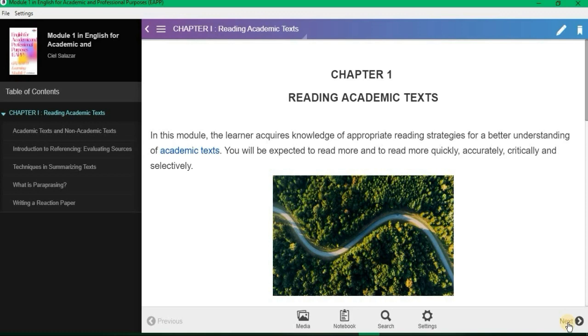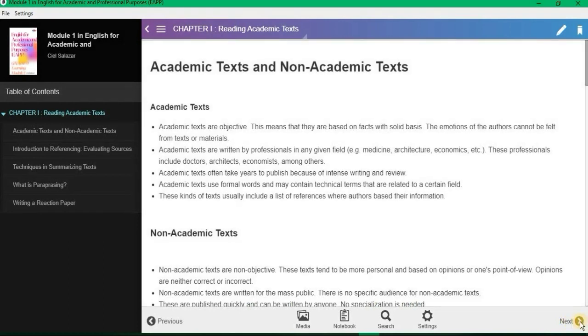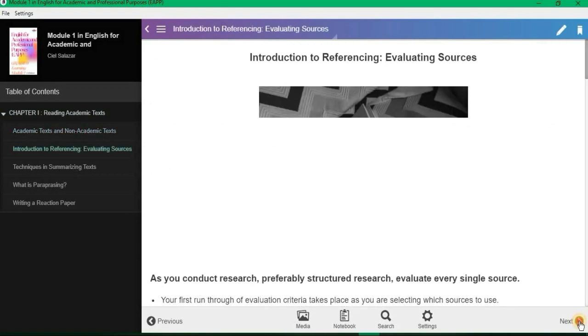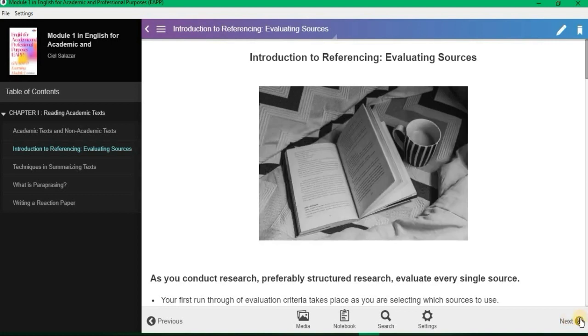Oh, I'm sorry, on the right side. So this is the next button. So just need to press this one so you can flip all the pages. So ayan po. Okay. So I hope